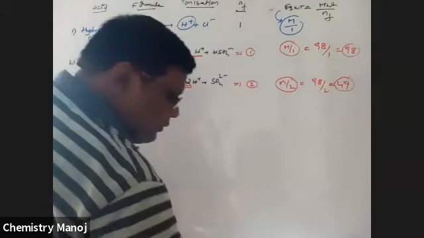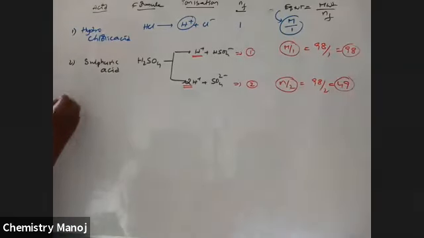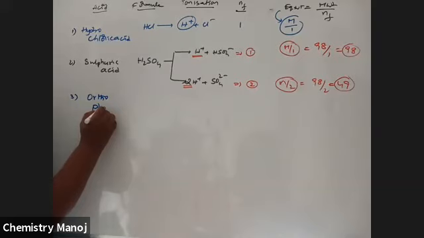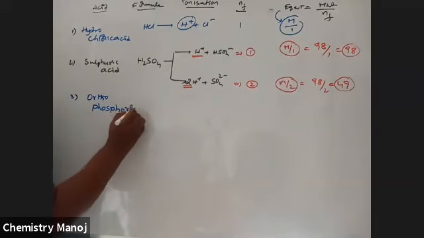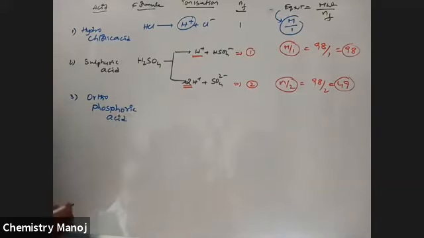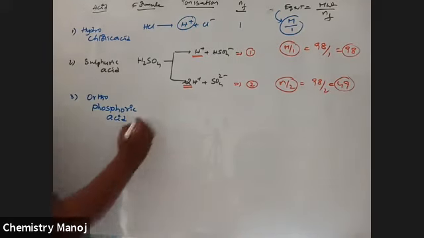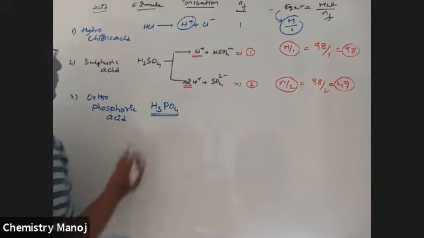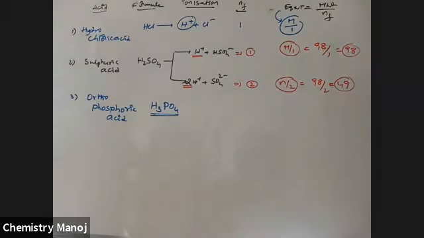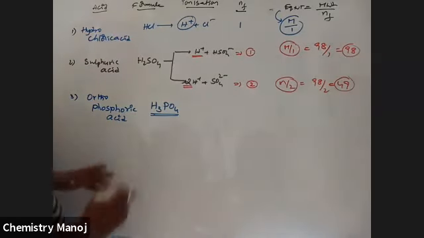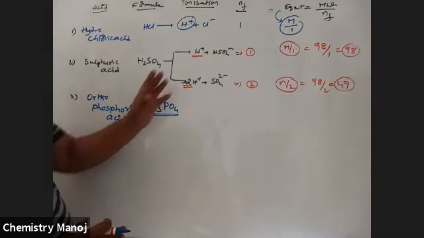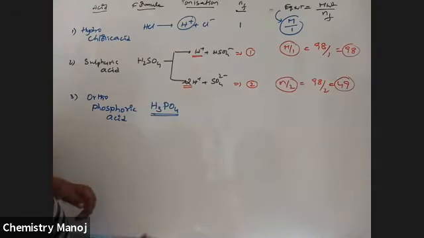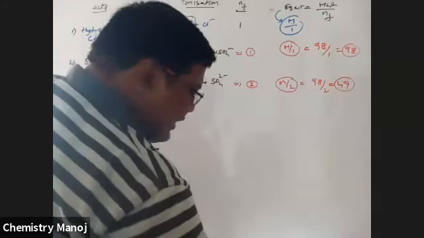Now, next, third case, that is orthophosphoric acid. Its formula is H3PO4. Before explaining this N factor, first of all, you should know the structure of this H3PO4. The structure of this H3PO4 is: the central atom is,